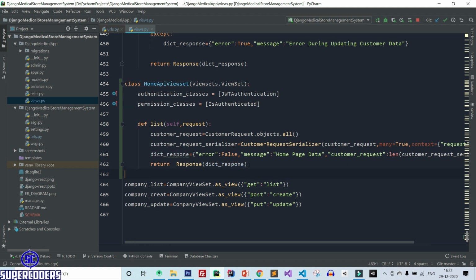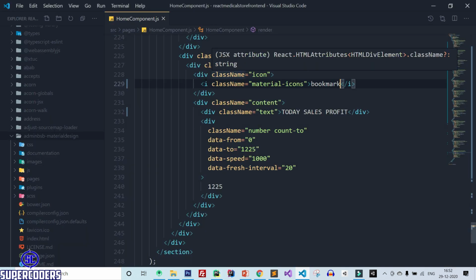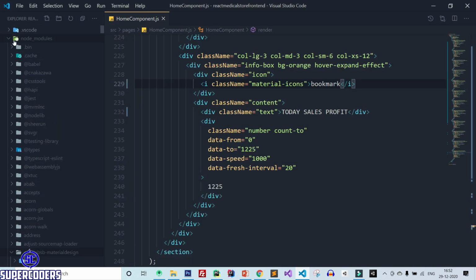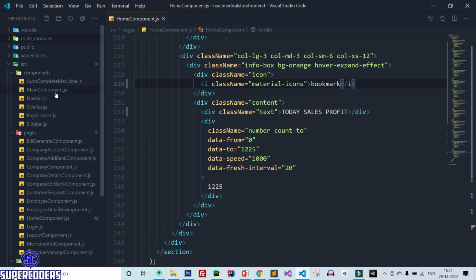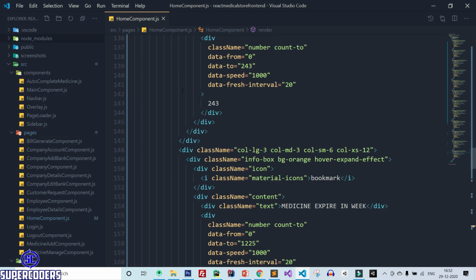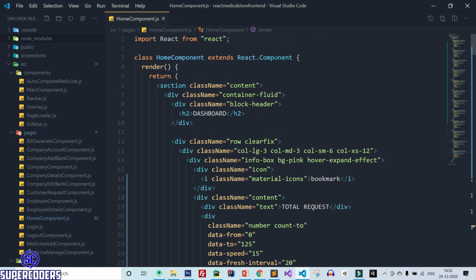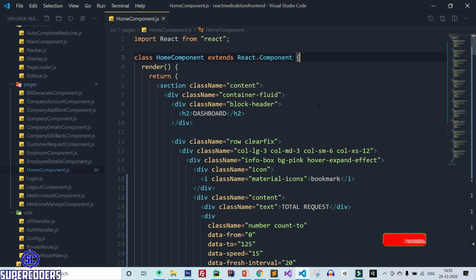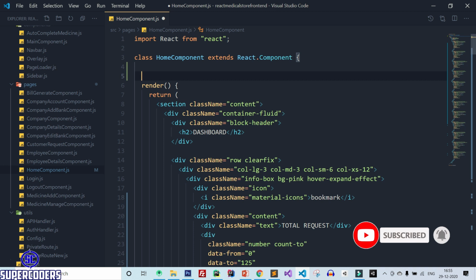Now save it and let's check whether it's working or not. So back to VS Code, and let's close this node modules and open. Come here in top. After that, here in the home component, you need to call the method of the API. So here just do one more thing.